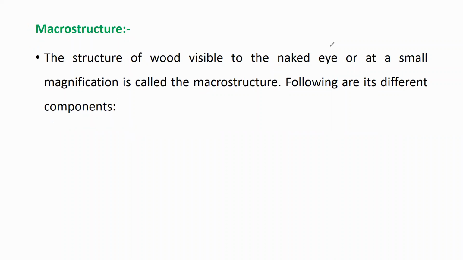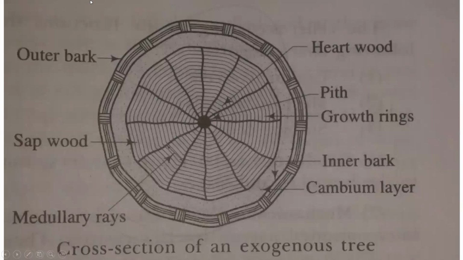So what are the components of macrostructure? You can see them with your eyes. Here you can see the components which will be visible in the wood if you look with your eyes. This is the cross section of the stem. So you can see here